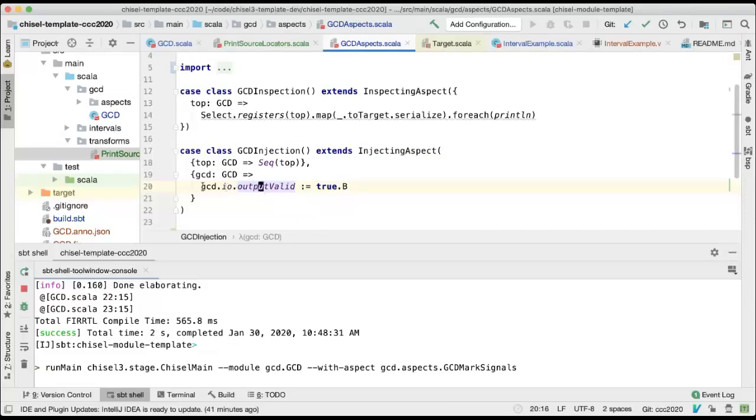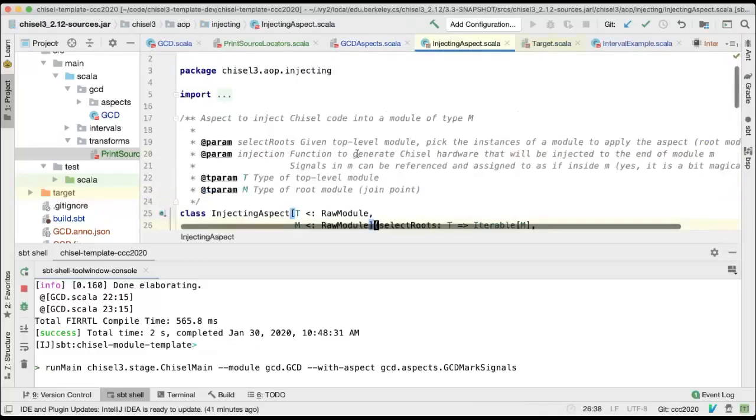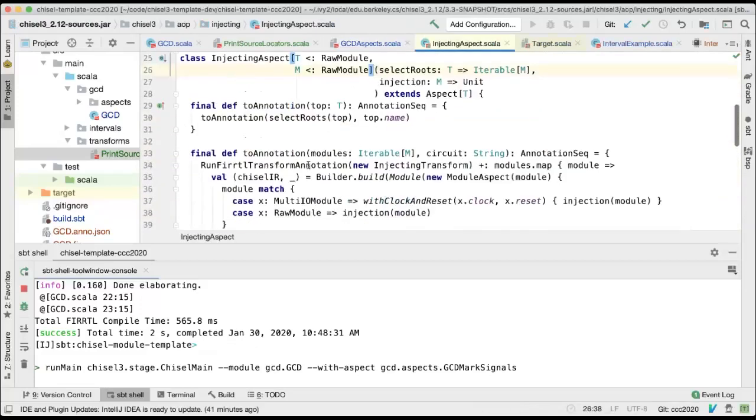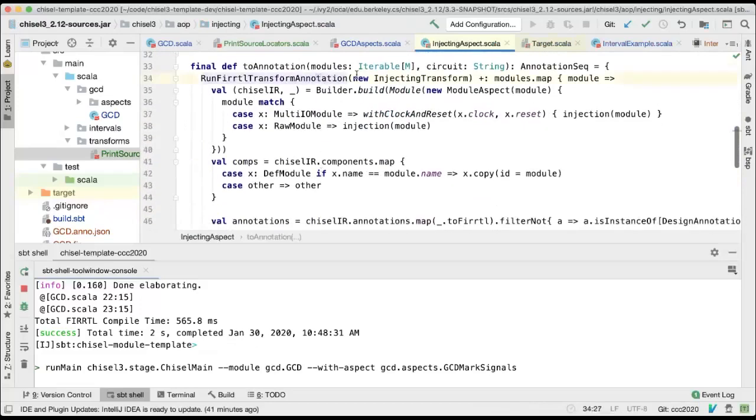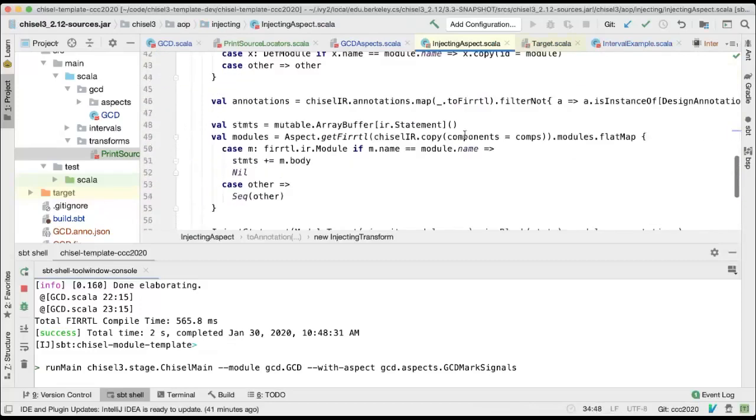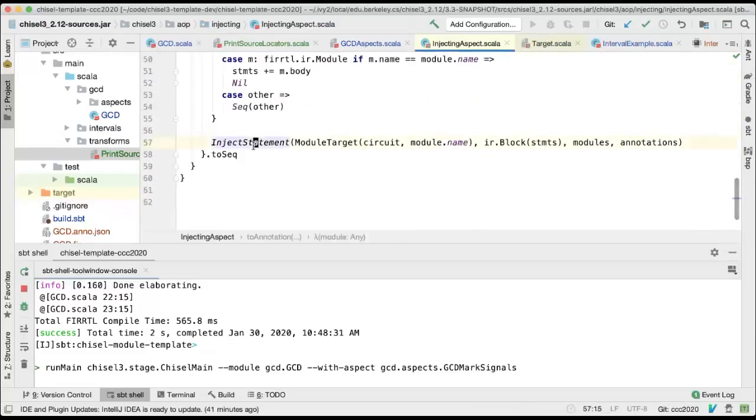We elaborate this Chisel, okay, and we get Fertile out, but we stick that Fertile AST in an annotation. That gets compiled with the rest of the Chisel. I guess I can show you this. Injecting creates a run Fertile transform annotation, which you've seen. So it says run this injecting transform and generate a bunch of inject statements, which contain the elaborated Fertile. Okay? What this transform does,